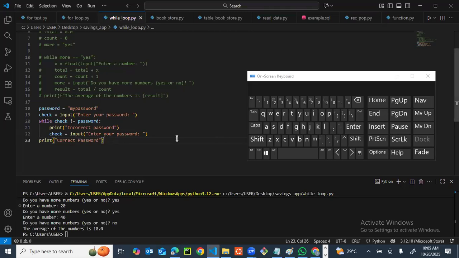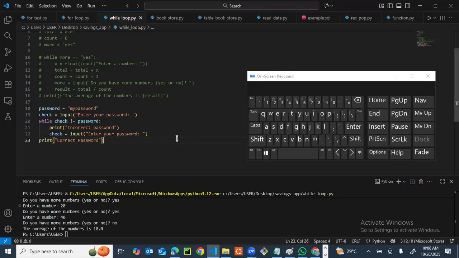So what we are doing basically is, for every sentinel, the first thing you need to do is to define or declare your sentinel. And that sentinel is the value or the record you want to match with your condition. So until that condition is met, it keeps iterating. It keeps looping. So in this case, our sentinel is password, right? Then we say the password is my password, right? So until it is my password,